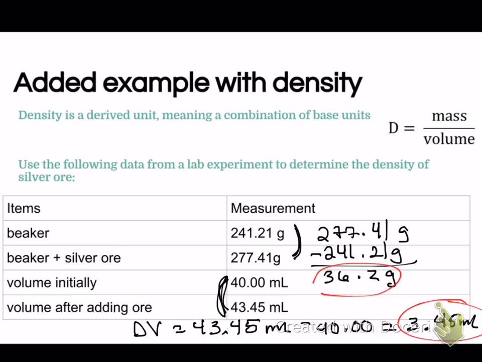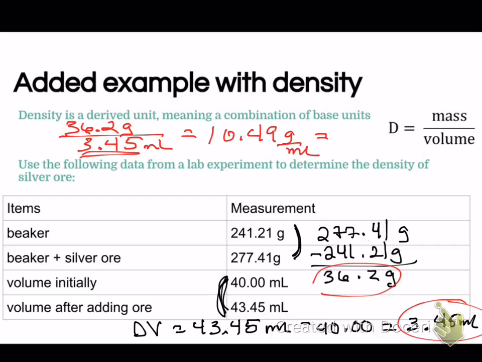So density is just mass divided by volume. So we're going to go 36.2 grams divided by 3.45 milliliters. And we get 10.49 grams per mil. I only have 3 significant figures, so really what I should write is 10.5